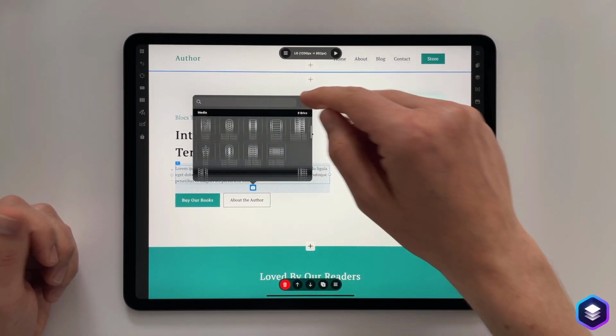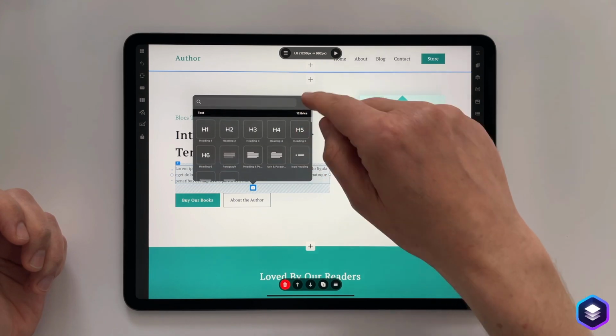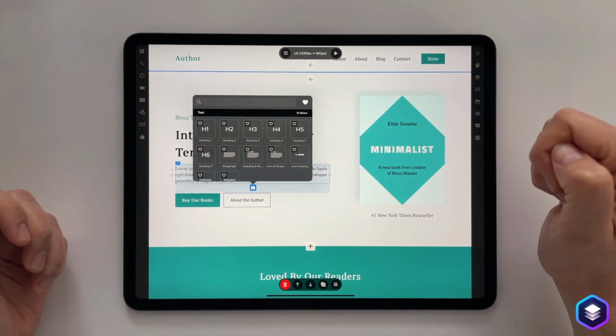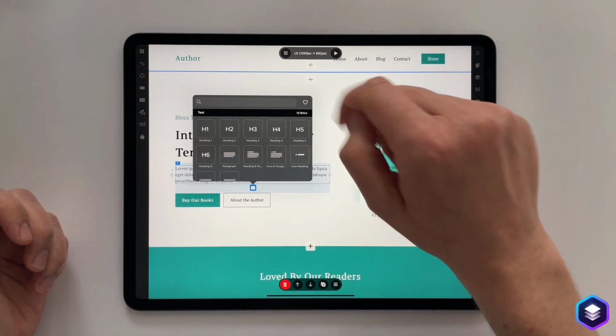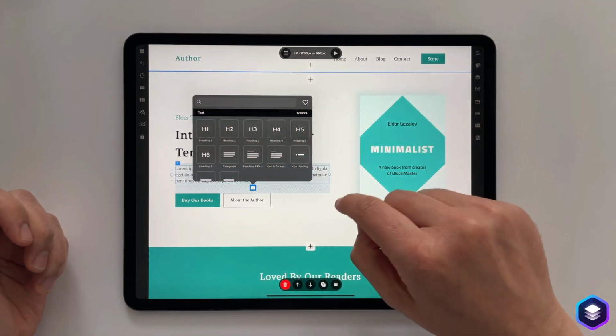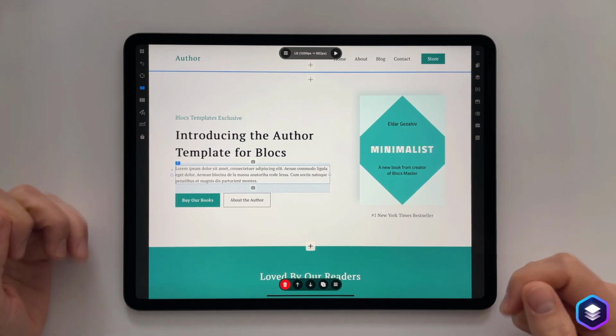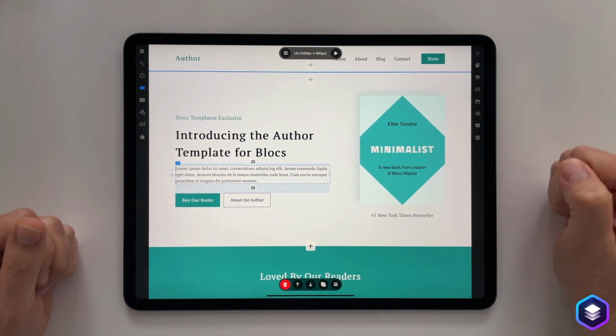We see all of our bricks there. And again, we have the little heart symbol to create the like feature, which we can then touch and add to our favorites.